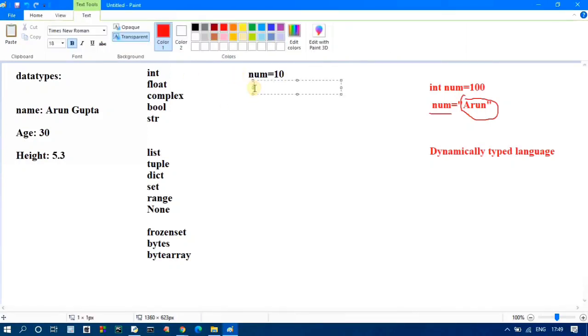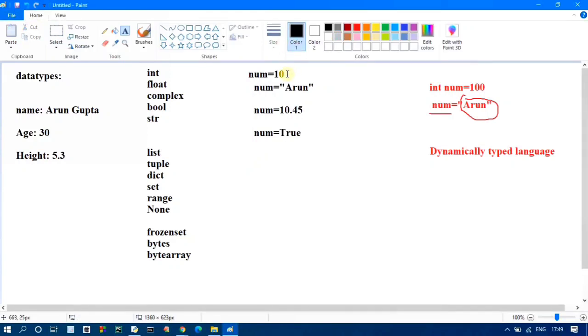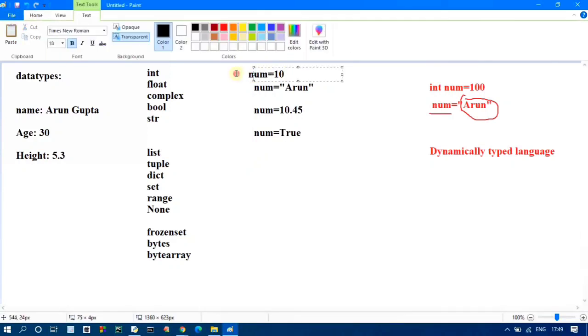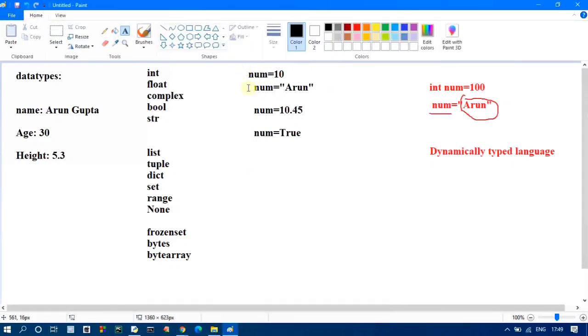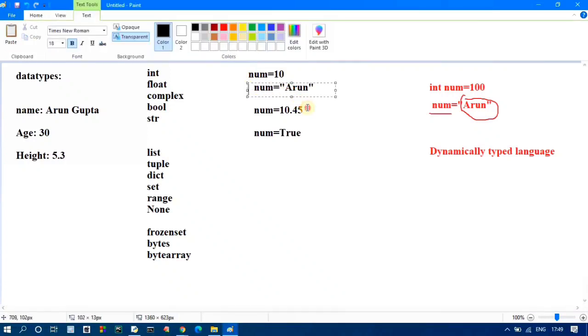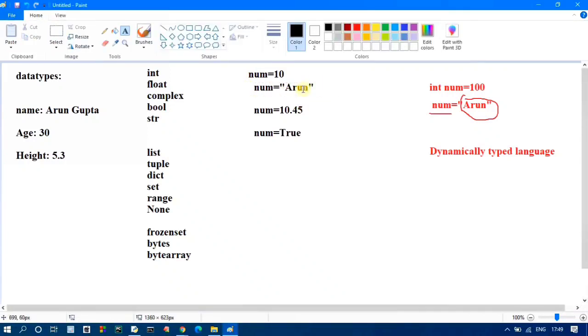You can easily use num equal to Arun. In the next statement you can use num equal to 10.45, and in the next statement you can use another value. So what happened in those statements? First num is an integer value. In the next case, num is a string variable, str.